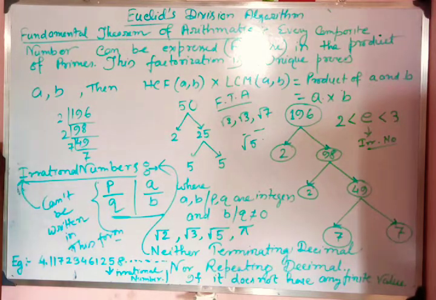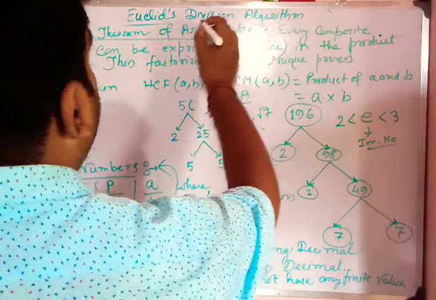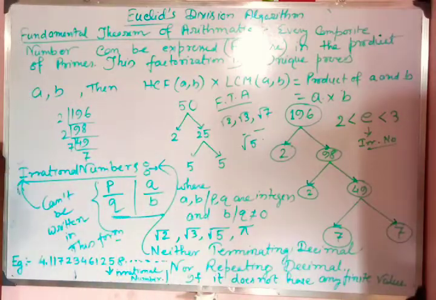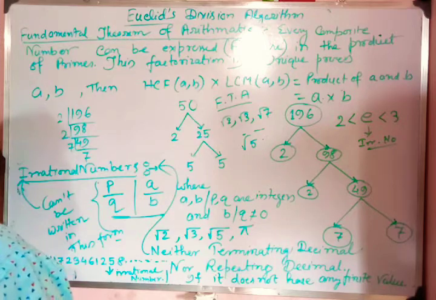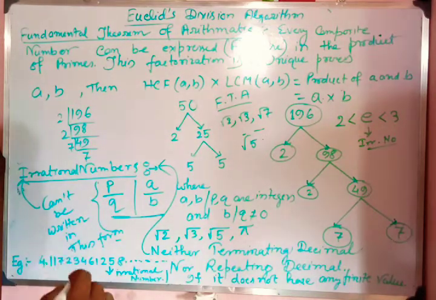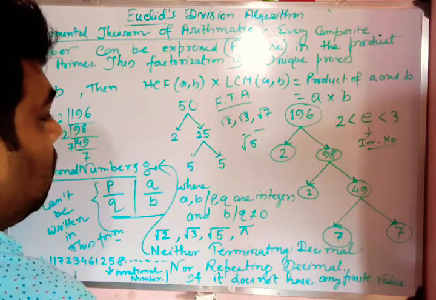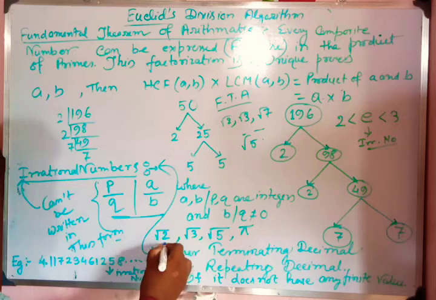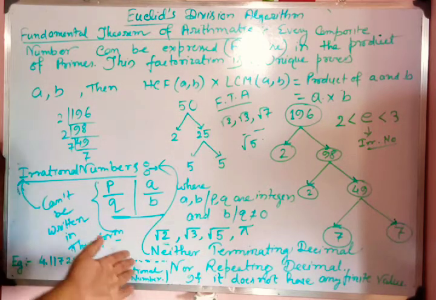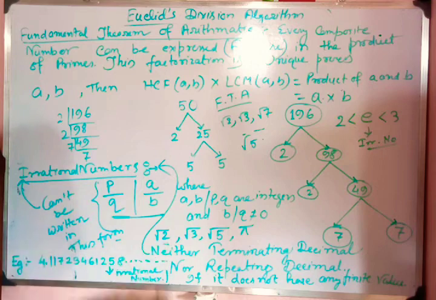Actually, in basic concept, the basic definition, that is not the book's definition, is a number which does not have a finite value. Understood? That number is called an irrational number. Suppose we take root 2. 2 is a prime number. If we take the square root of 2, we will not get any finite value of that.